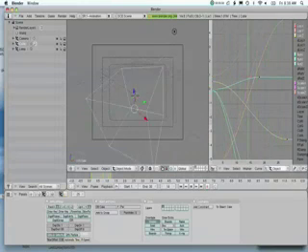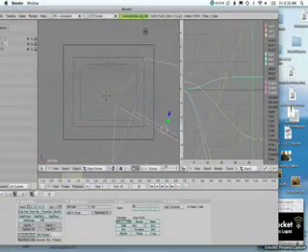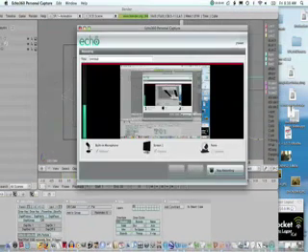So we will stop the grab if I can find it. Yeah, okay, so now we're going to